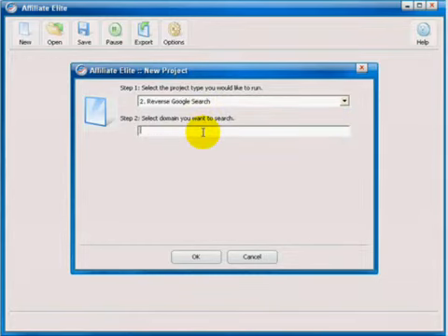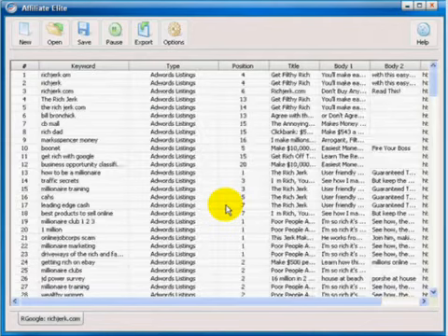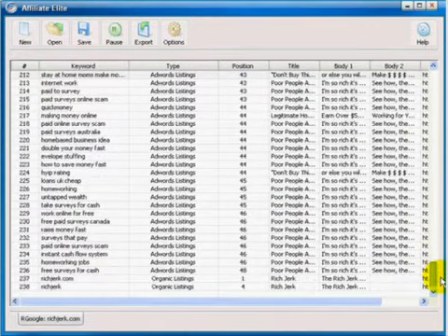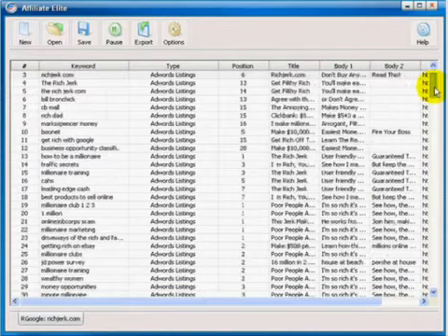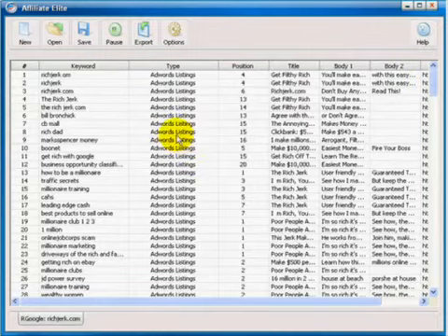To get an idea of the power of this feature, let's decide that we want to find out what's happening with the AdWords campaigns of, let's say, Rich Jerk. There's a product that we know is selling very well online. We know there's good profit margins in that, good click-throughs, good sales ratios. Affiliate Elite goes online and downloads every current AdWords listing for richjerk.com. Here they are. There are currently 238 running,